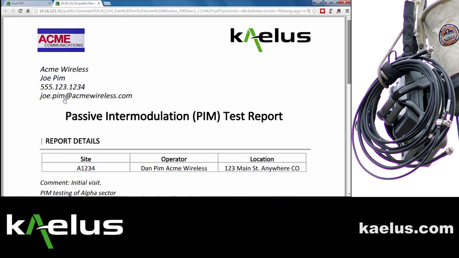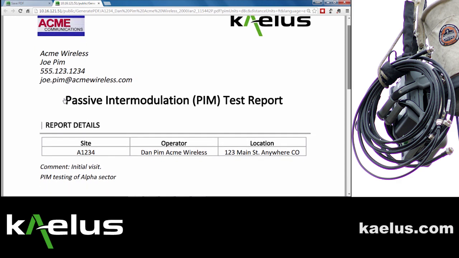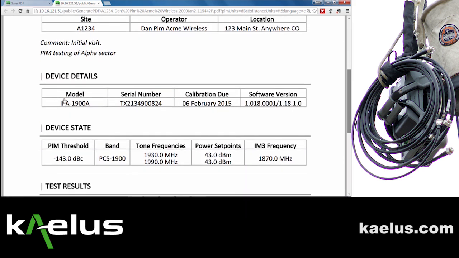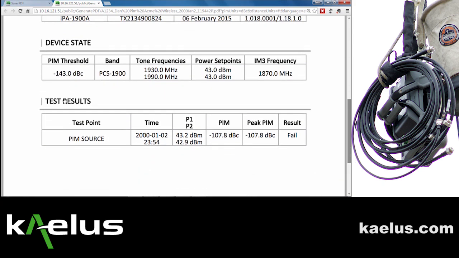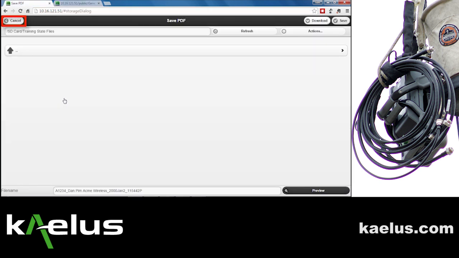You can see here that again, Acme Communications did the work. Joe Pim is the contact person, and you can reach out to him by email or phone if you need to have questions answered about this specific site. Under the comment section, which is an initial visit, we're just testing the alpha sector. The site location, again, should match the information on the work order. Data was taken, and the report is complete. We can go back again and cancel out